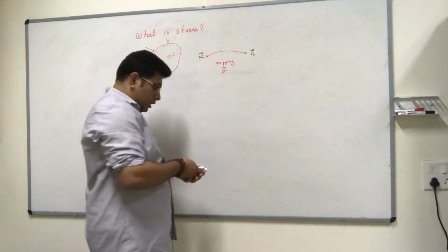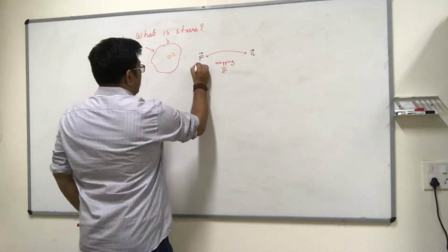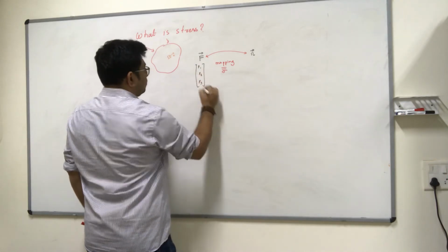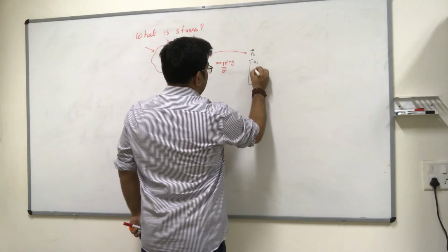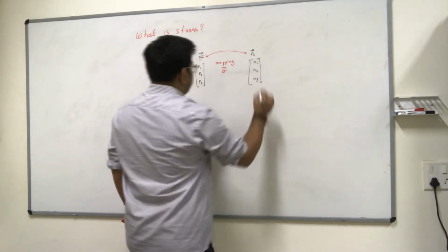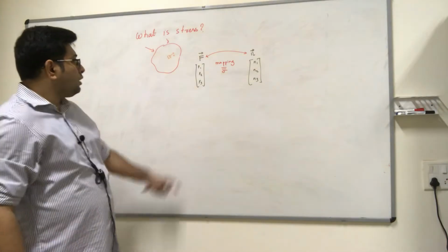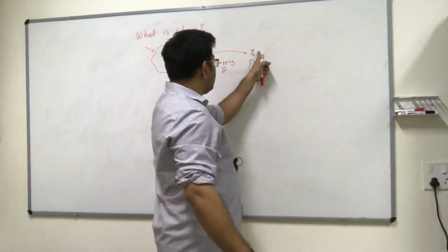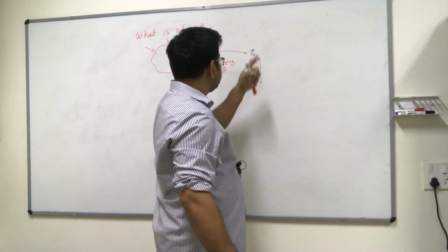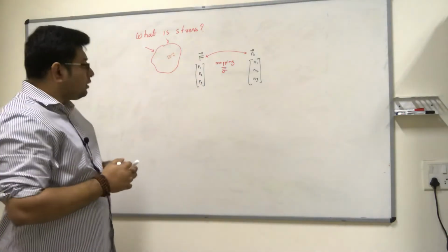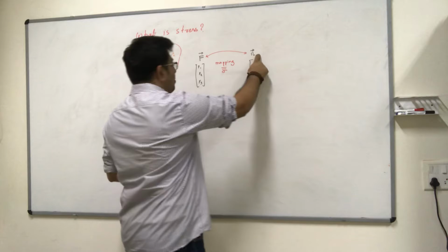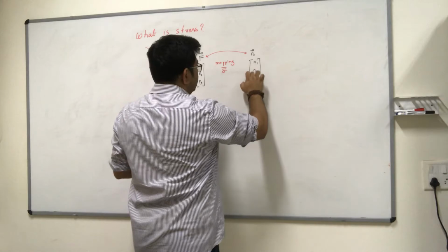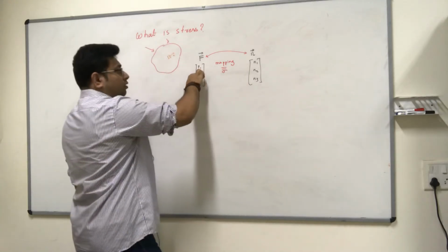Now see, this is usually a 1 into 3. These vectors are usually written as column vectors. Okay, so if I have my force in 3 dimensions, I have these 3 quantities. If I have n, then you have these 3 quantities. The very fact that I am asking you to do a linear mapping between them means that I have to find some linear combination of these 3 to give me the first force.